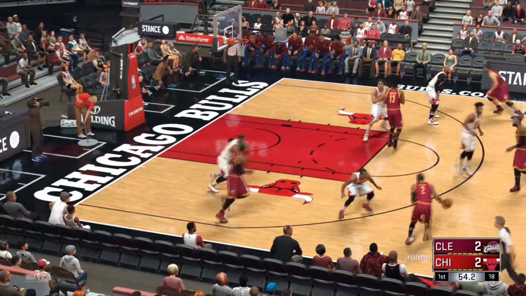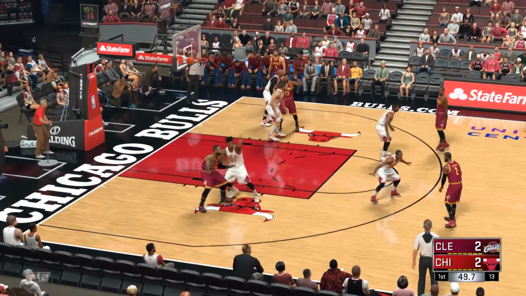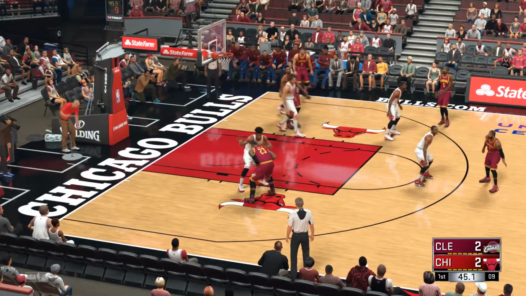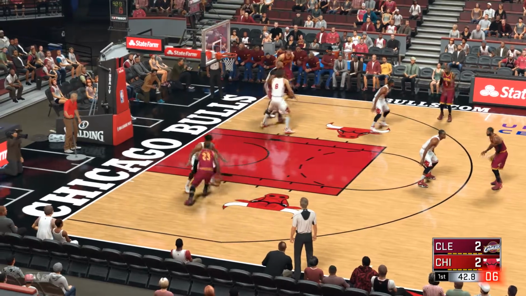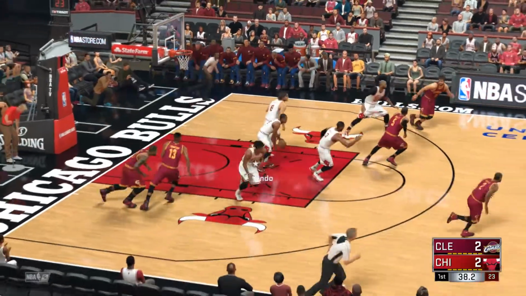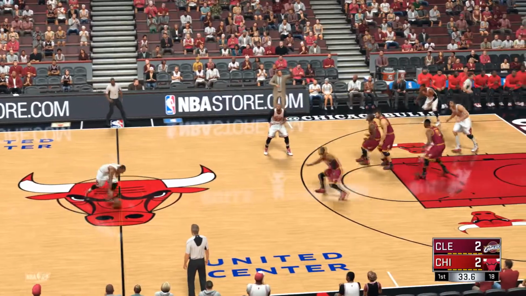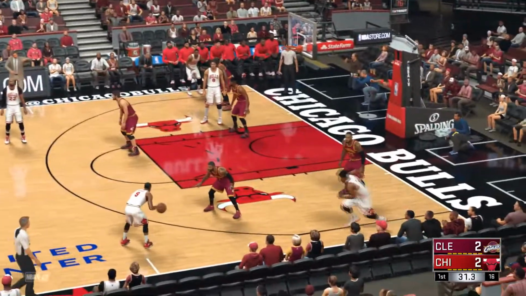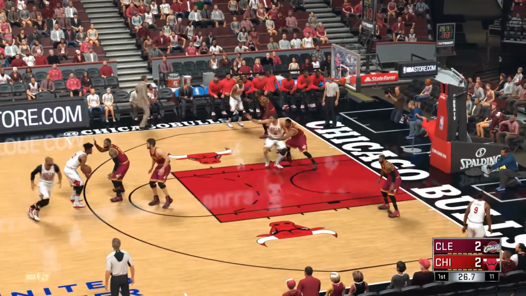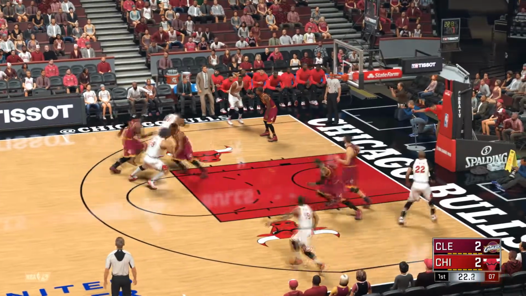Outside Irving. We've played just over a minute here in the first. James against Butler. Clock at 6. LeBron kicks to Thompson. Lopez with the block. Rondo with it. Kicks to Butler. Gibson passes to Butler. Lopez sets a screen for Butler.